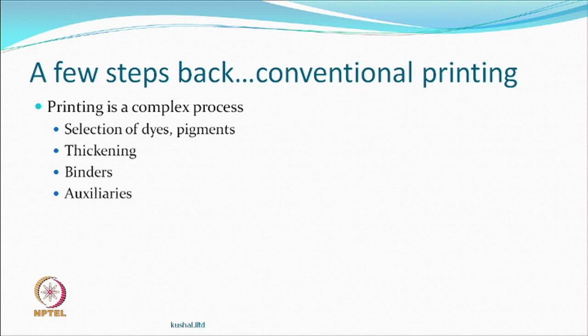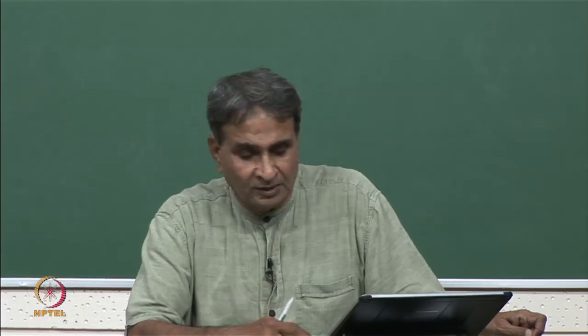all the things without changing the rheology, without significantly changing the rheology. Then your binders, binders obviously are for pigments. What has happened is different kinds of binders have come up with low glass transition temperature, so that the handle of the fabric after pigment printing is not changed, and various auxiliaries which may be acids, bases, humectants, and various other oxidizing reducing agents other than wetting agent. They all have to be added in a certain sequence, in a certain process, a certain composition, and therefore, it is a complex process. This is what we understood.